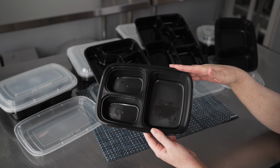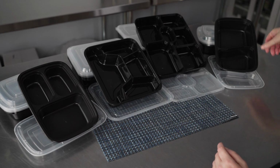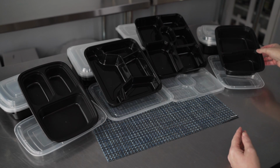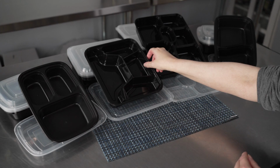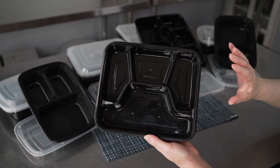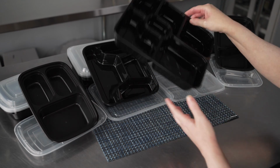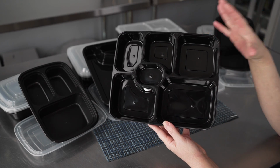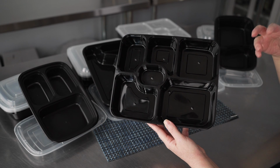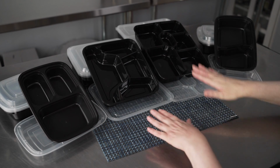This one is the 3-compartment that holds up to 26 ounces. We also have the 2-compartment 32 ounce. The 4-compartment 34 ounce. You can see this one has a nice kind of classic TV dinner lunch tray shape to it. And then also we have the 34 ounce 6-compartment, which has a nice kind of bento box feel to it, especially with that little cup in the middle that would be perfect for things like pickled ginger, radish, or a little wasabi. So there's a lot of nice options, and they all come with the corresponding lids to